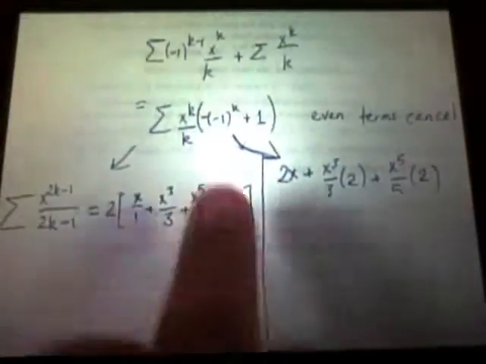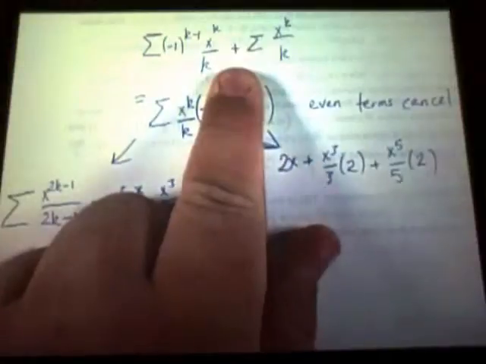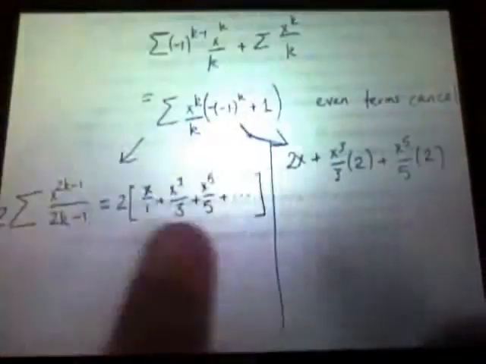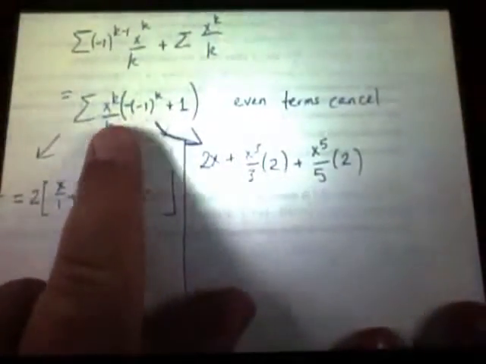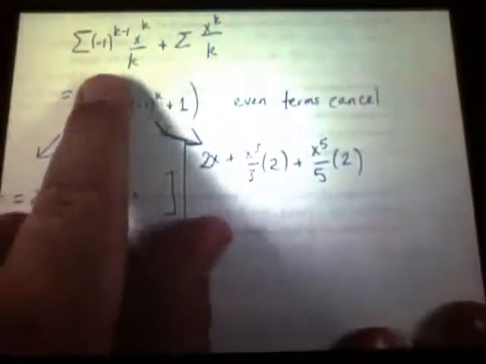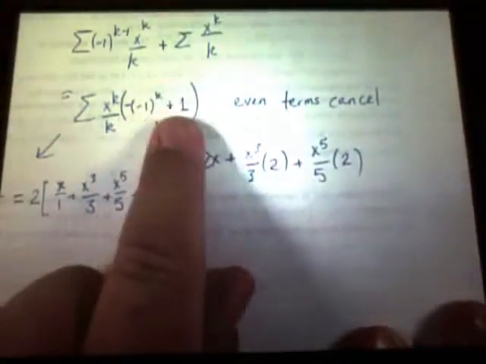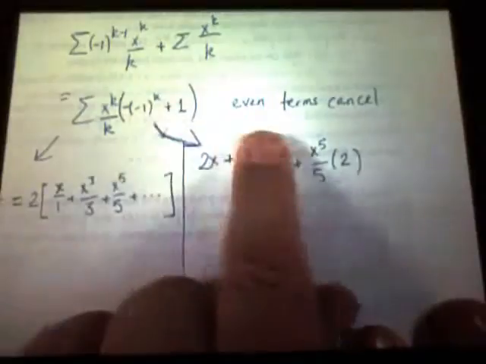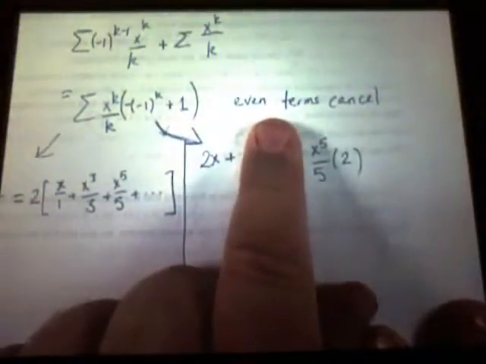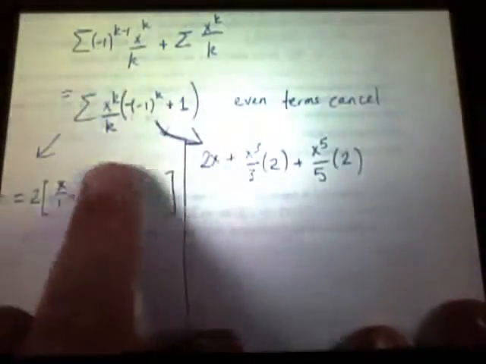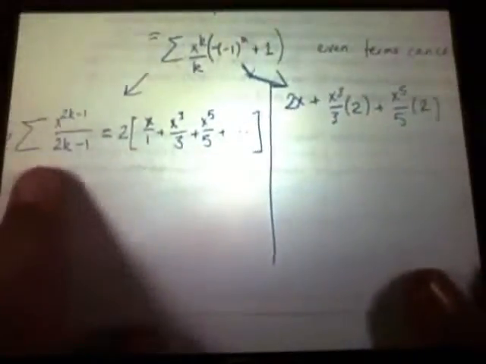Look at that. You subtract them, so it was a minus the negative x to the k. Then if you put them together, you get x to the k, and so you have negative 1 to the k minus 1 plus 1. So the even terms are going to cancel. When you put in 1, 2, 4, and 6, they'll cancel. So here